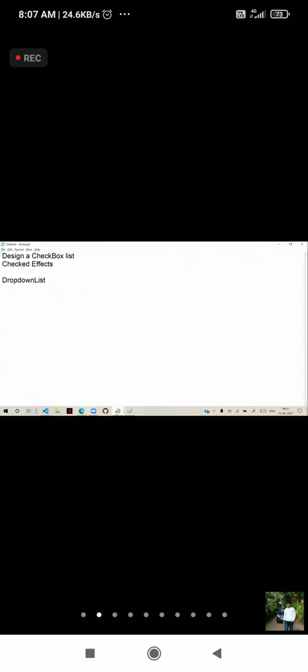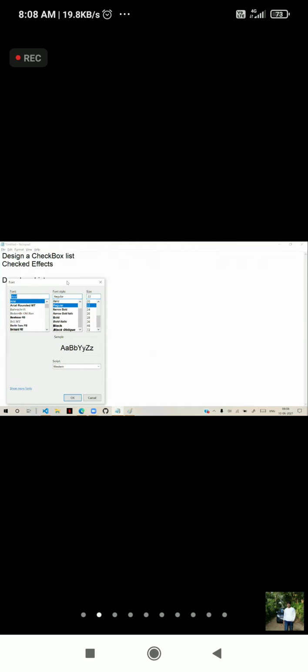But the problem with checkboxes and radio buttons is, if we have 20 or 30 items out of which the user has to choose, it becomes very difficult because it will occupy more space on the screen.